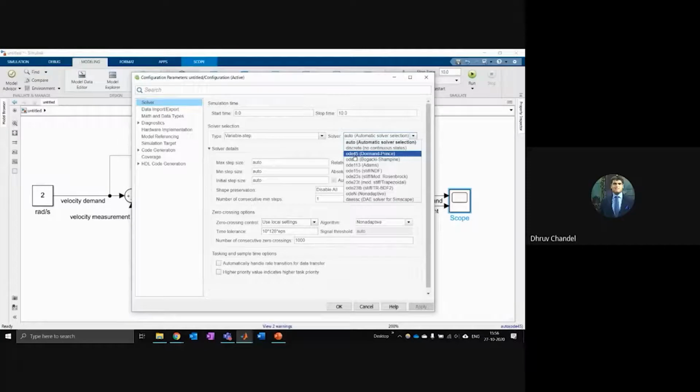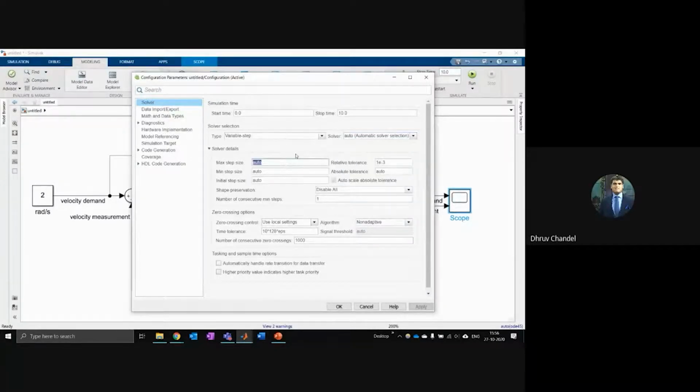which is a fourth and a fifth order solver together. Fourth order is Runge-Kutta, fifth order, I'm not sure what it's called. It uses both of them together and tries to figure out the best optimum time step for minimizing the error and maximizing the computational efficiency. You can see which one is being used down here. So there's a lot of built-in solvers. There are special solvers for your stiff equations, which are tricky to solve. And there's a special solver for Simscape as well. I'll tell you what Simscape means.